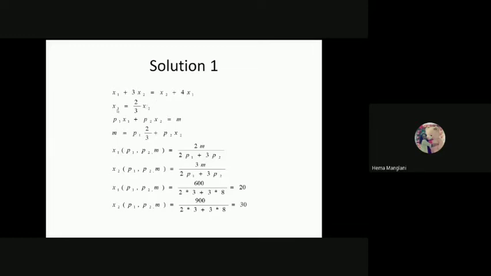So here we don't have a one-way relationship, as in only x2 being a function of x1. Both are functions of each other. That's why we need to reach the demand function for both. So this is your budget constraint, and in this x1 you will write the value of this, and similarly you will get the value of this. Further you simplify it and you will get the value of this x1, and in the same way you put the value of this x2, and you'll get this demand function. Here this is the money income which is given to you. Based on that, you put your values, and you'll get this 20 and 30.